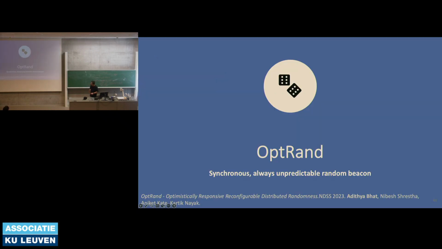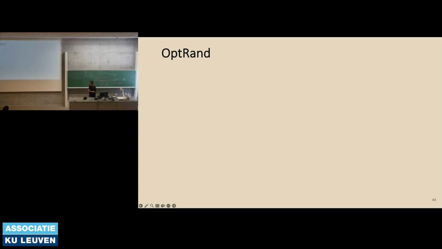Finally, good, we are on time, because this is very easy to understand now that you have the background of B Randpiper and G Randpiper. This should have been best Randpiper, but this is a separate paper, so we call it OptRand, because there are some more cool tricks we add to this beacon. So now again